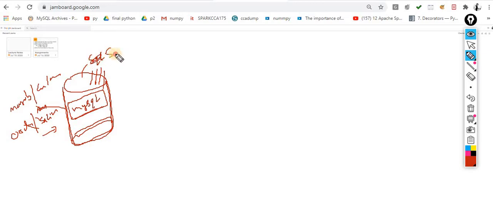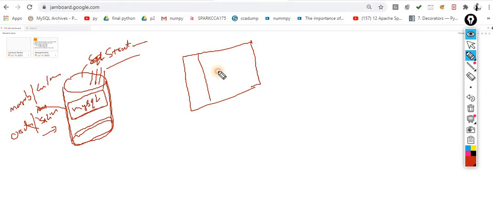Whenever I talk about structured data, these are the rows and columns. Or if I say table, immediately a picture comes into your mind: the sir is talking about rows and columns. If I say Excel sheet, immediately the picture comes into the mind, and we know it because we specify it. The first column could be the ID, the second column could be the name, the third column could be the age, and the fourth column could be the branch.